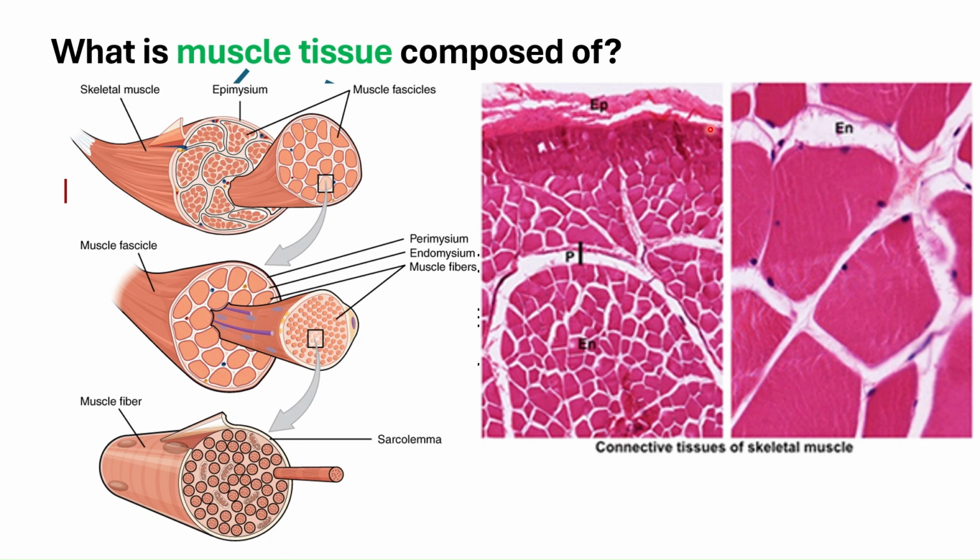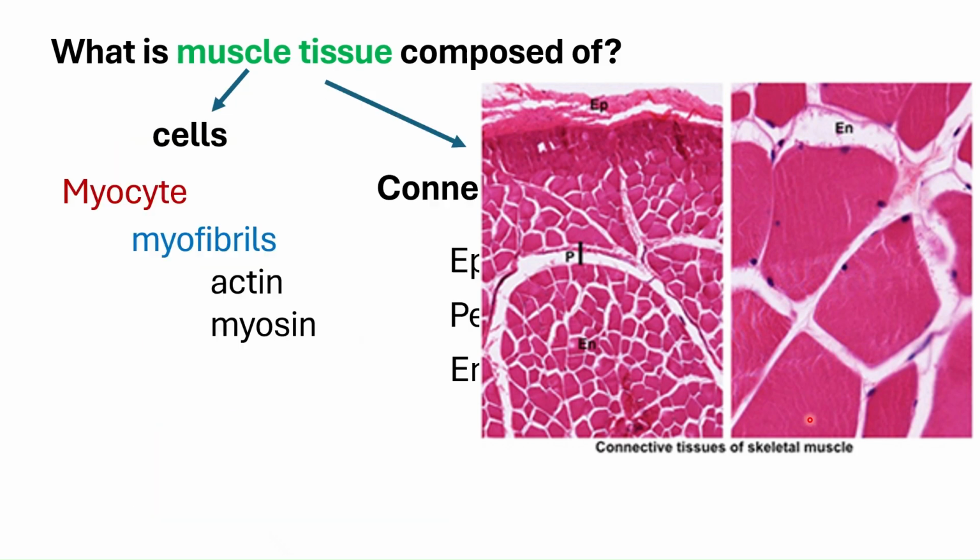A key feature of your epimysium is that it would be the thickest out of all the three sublevels of connective tissue. Okay, and of course, the endomysium is the one that is immediately surrounding each muscle fiber or myocyte, and it is best appreciated when viewing a cross-sectional view of your tissue section.